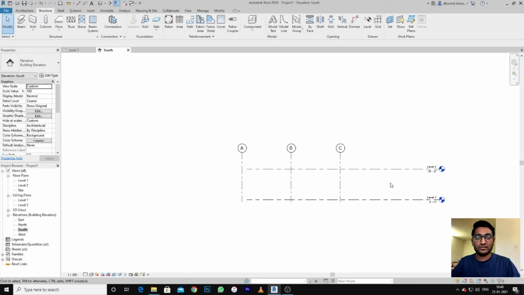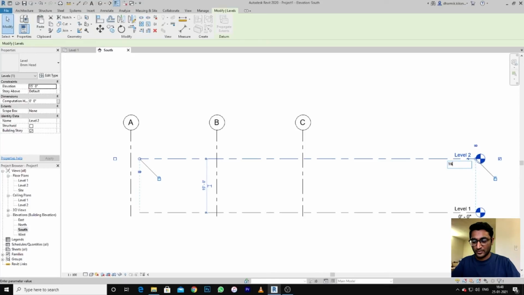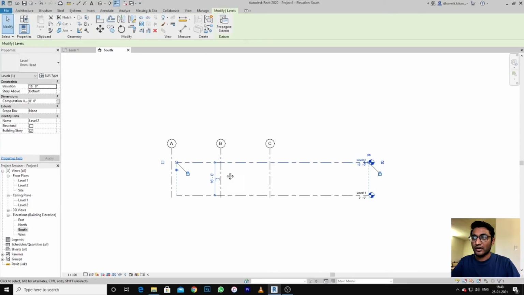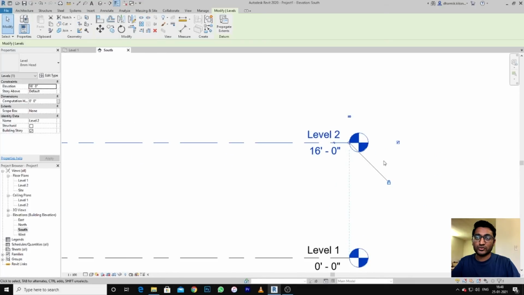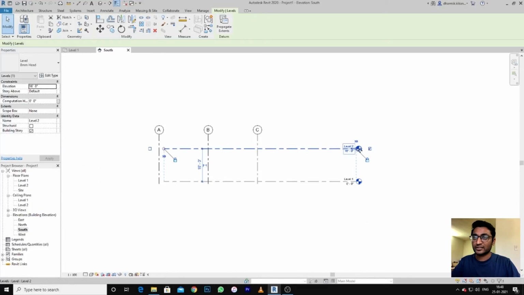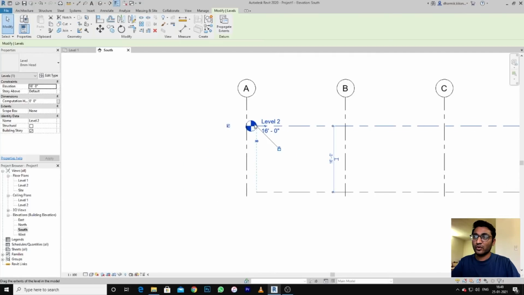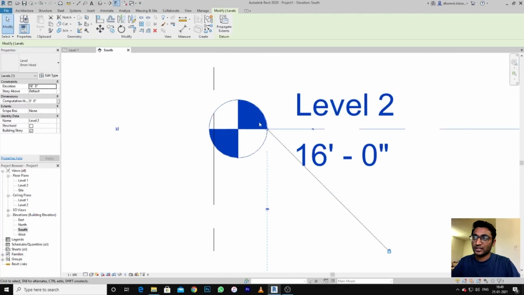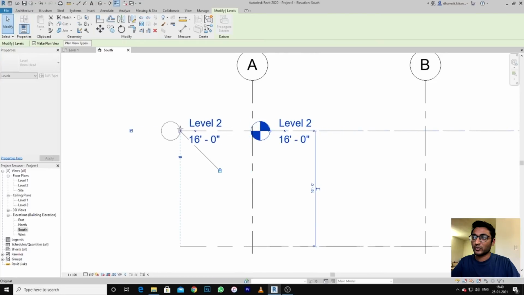Yesterday, in my first video, I already showed you that if you want to change the dimension, you can just click and write the dimension. It's changed. Now, the elevation shows only one side, and if you want both sides, simply, as I told you, just click on this box. As you can see, you got it. Now if you want to move this grid line from here to here, you can see the circle is here, one small, just click on it and move it.